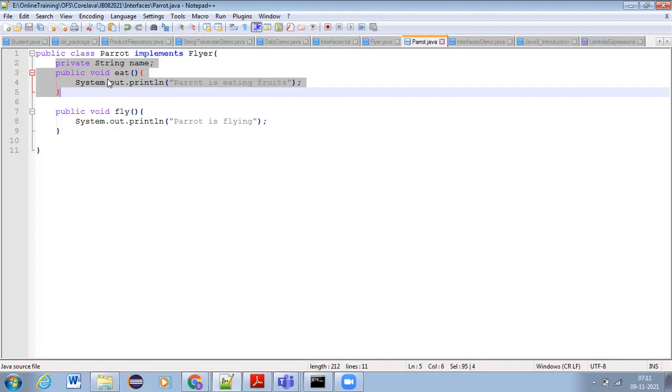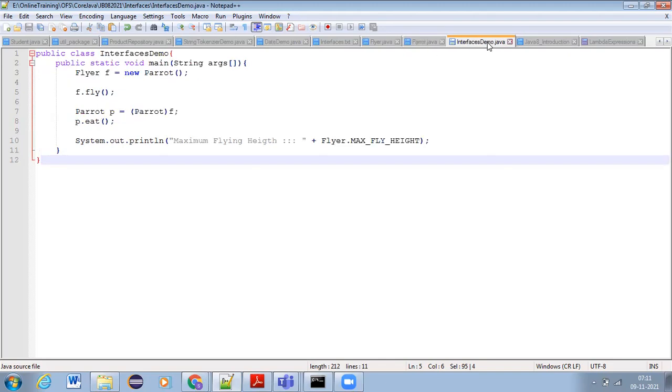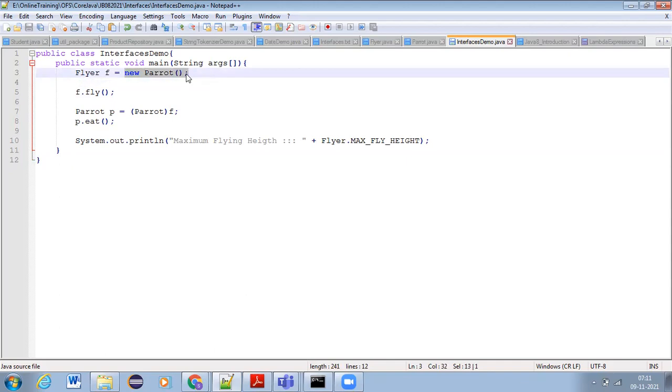Now in the main class, we can create an object for the subclass like Parrot, and place this object reference into a parent reference. We already learned this in dynamic polymorphism, right? Parent class reference and subclass object, that we can do.